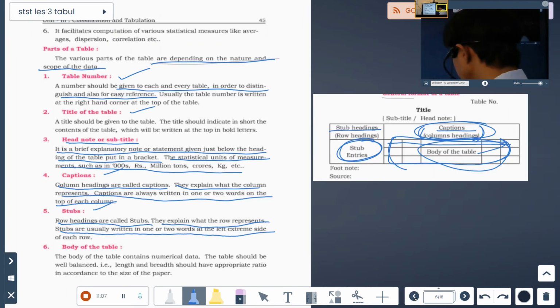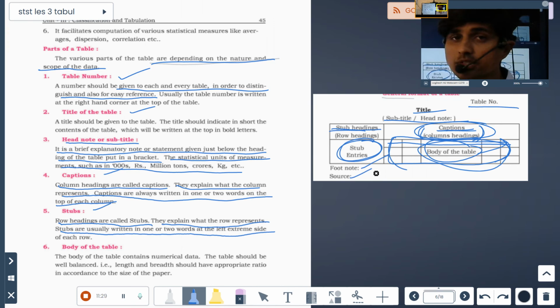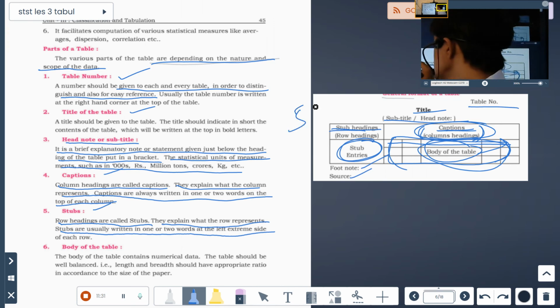There are 8. First one is table number. Then we have title of the table. See, table number on the left. Then title. Then head note or subtitle. Then we have captions. Then we have stubs. Okay. Then we have body of the table. Then we have footnote. And then we have source. So these 8 parts, if they ask what are the parts of the table for 5 marks,